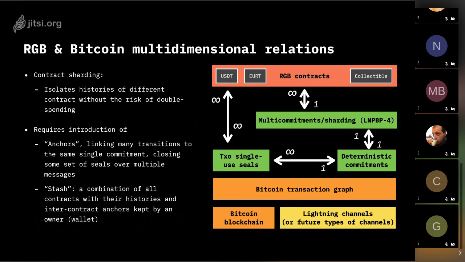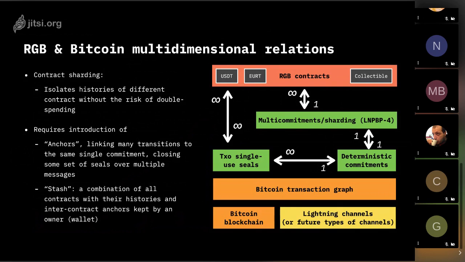And this is actually one of the main reasons why RGB is quite complex, and I will be spending quite a lot of time over the next sessions explaining the difference between RGB state transitions, which are always related to a certain RGB contract, and anchors, which may cover many RGB state transitions from many different RGB contracts, and which link them to the Bitcoin transaction, and how it's all organized in a way that, first of all, you will be able to validate this data and make sure that there